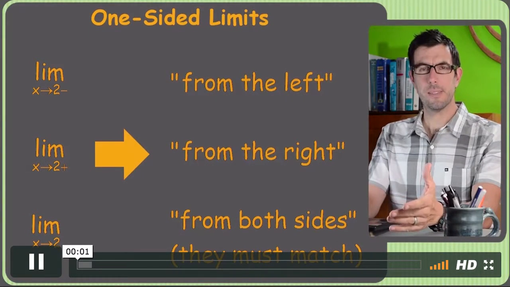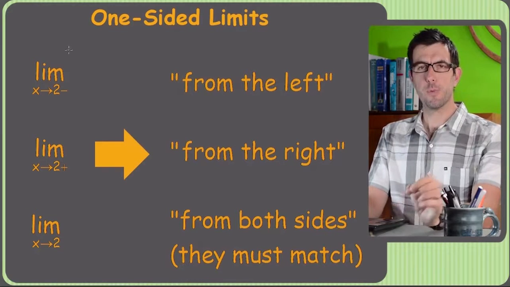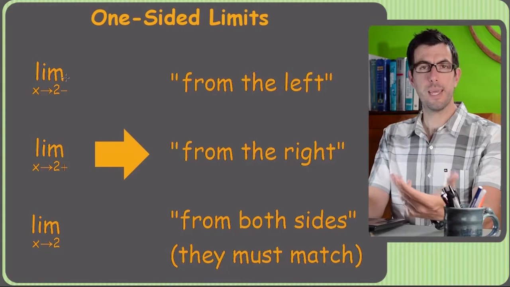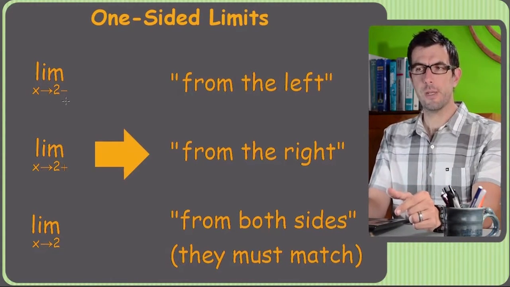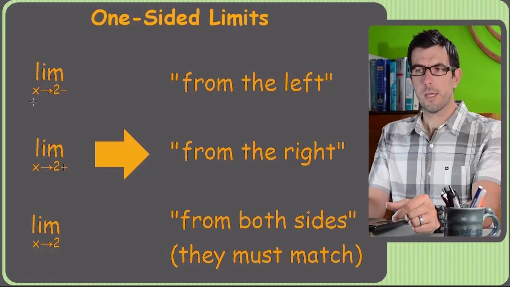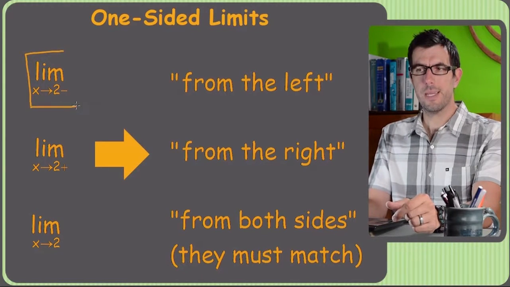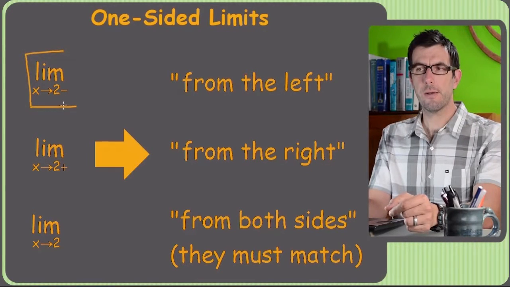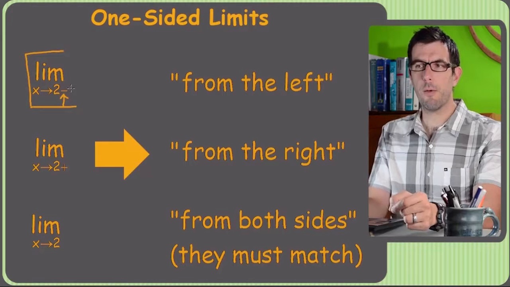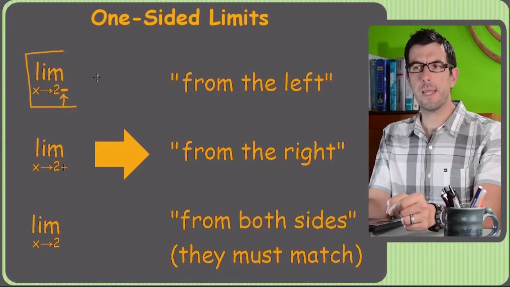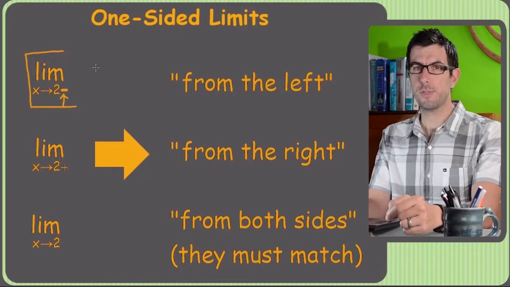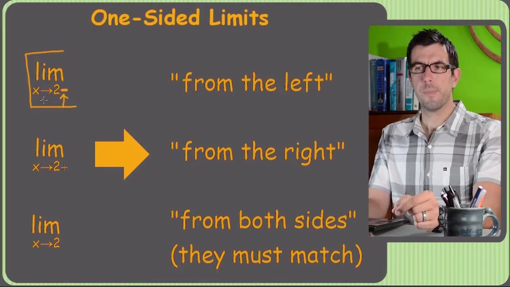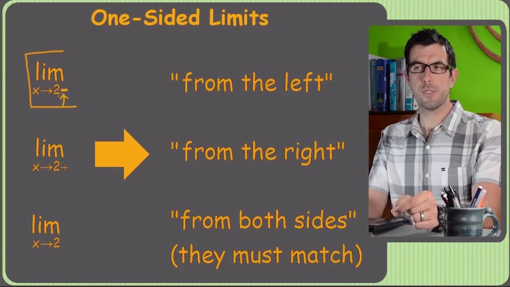All right, one-sided limits. You've probably already seen these in class, but I just want to point out how to work them. And then also, we'll start off by just showing you, hey, the notation's a little bit different. So if you look at this little limit problem right here, it's the same as the ones we've been looking at with one exception. See this minus sign right here? Maybe too small to see very well, but there's a little minus sign to the right side of the 2. That does not mean -2. It's not a typo. What it means is, so this is going to be the limit as x approaches 2